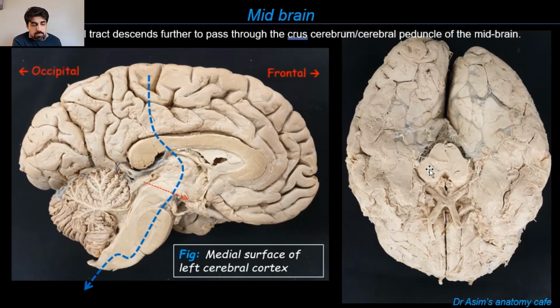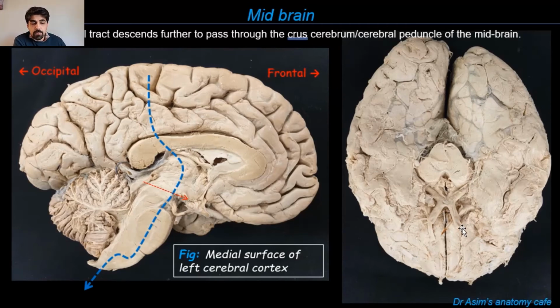Now, this is a section taken through the midbrain, and you can see this is the posterior aspect of the midbrain. This is the back end of the brain. This is the ventral view, and you can see the crura of the midbrain over here. You can even appreciate the X-shaped orientation of the optic nerve with the optic tracts at the back, the optic chiasma, which is the crossing of the optic nerve fibers right in the middle over here, and then the optic